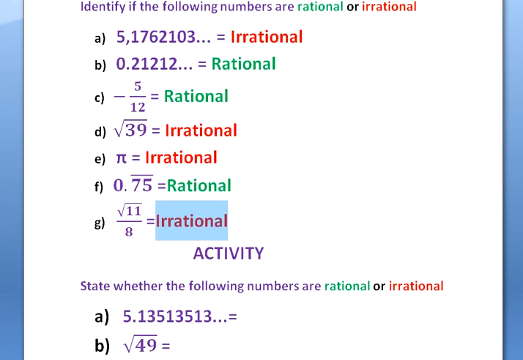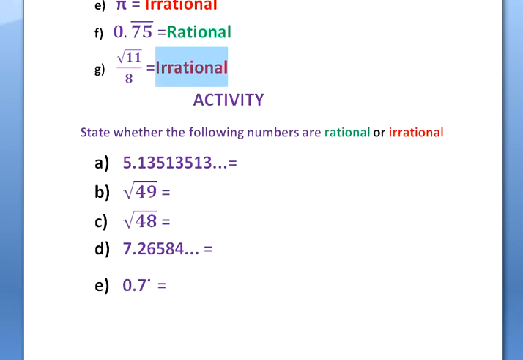Okay, now here's an activity for you to do. Please pause the video, do the activity, and then see if the answers are the same and where you went wrong. Okay, the first one is 5,135,135,133 dots, meaning that we have left out other numbers. But let's look after a comma. We've got 135, 135, 13. That means